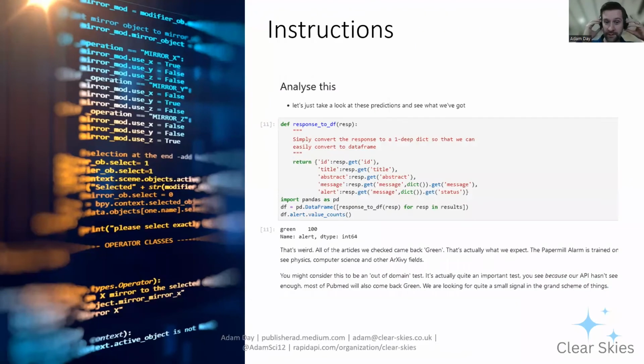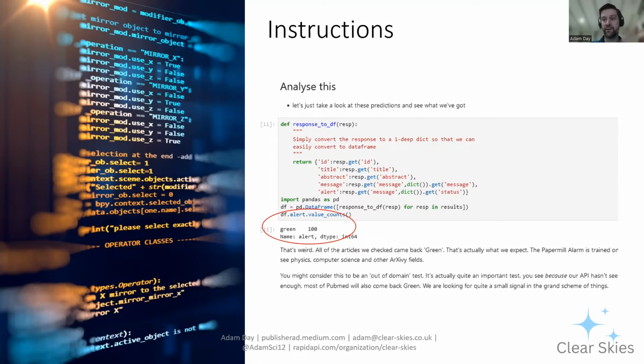So here's an example of some code to just go and take a bunch of arXiv preprints, right, and drop them into the Papermill alarm and see what you get. And funnily enough, you don't find anything, right? They're all green, right? Green alert means nothing, there's no problem here. Actually, that's what we expect to find, right? That's a good result because